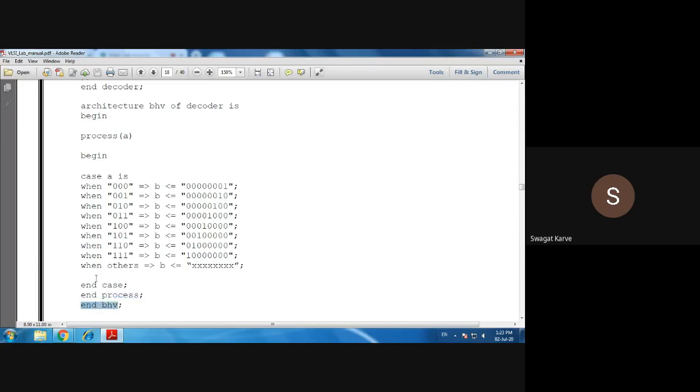So whatever you have started, बघा पहिले काय सुरू केलंय आपण? आर्किटेक्चर. In architecture we have started, begin means start, process, in process begin the case, means first we have to end the case, then process, and then architecture. बरोबर आहे?